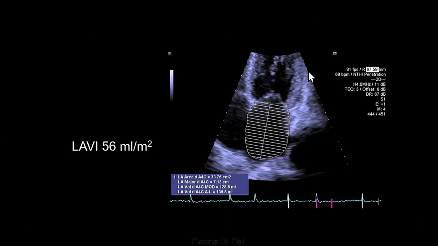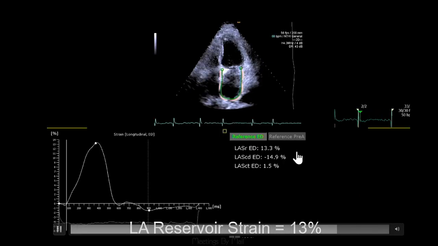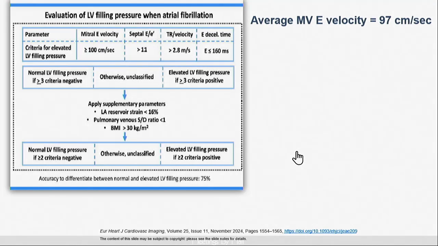Our LAVI, as we would expect, is definitely severely enlarged. Our LA reservoir strain is abnormal as well at 13%. And so let's just walk through how we would look at this and estimate LV filling pressures, if it's elevated or not. So as we look at our first parameter, we have mitral valve E velocity is 97, and this